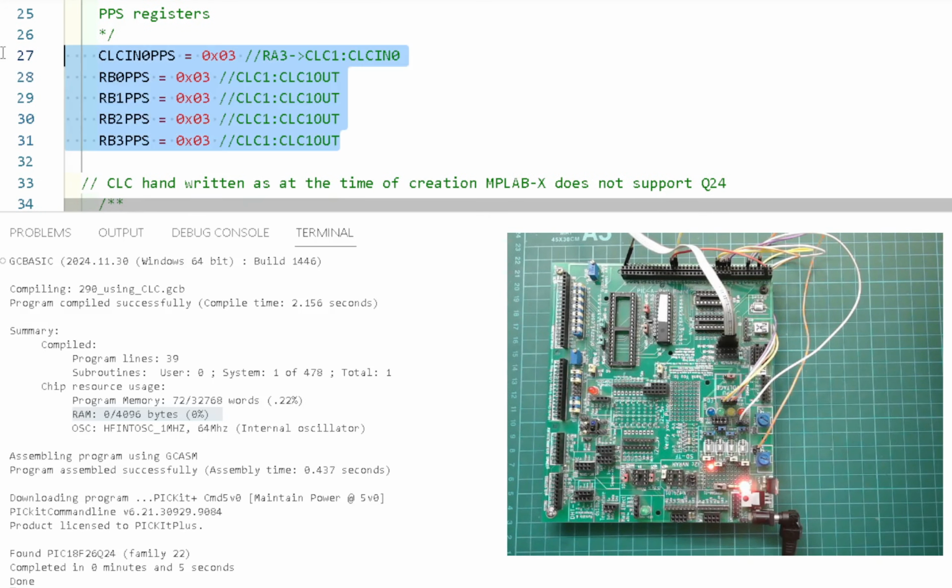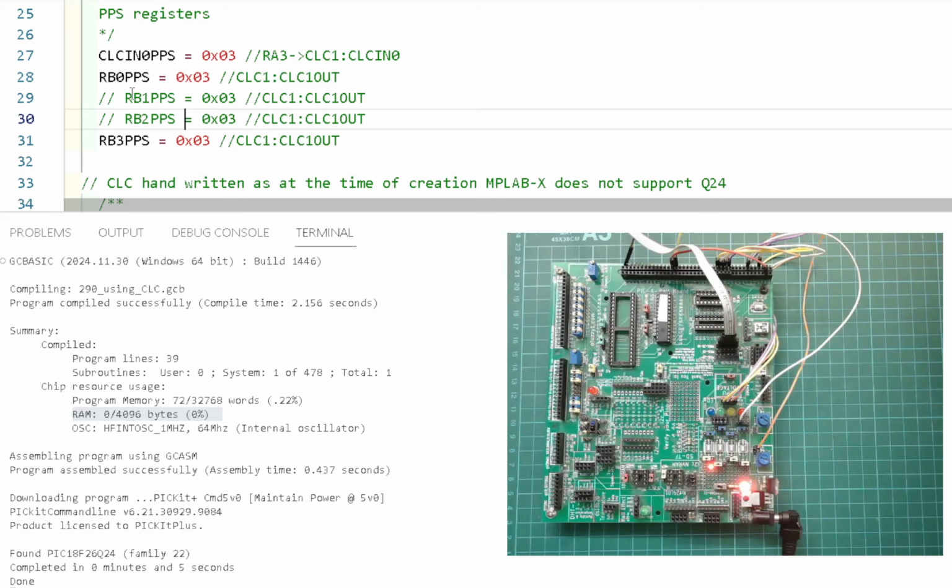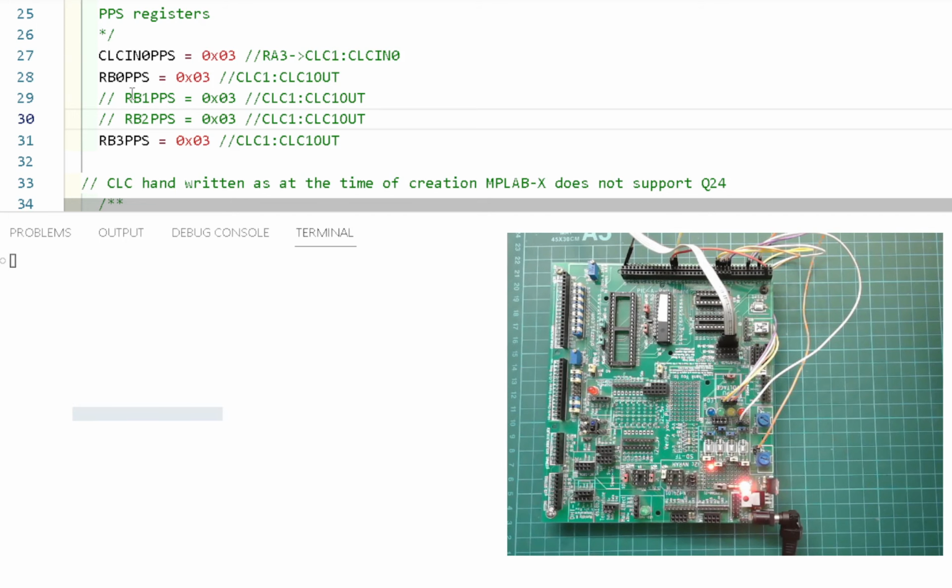The first part is the PPS, and the PPS says I want my CLC channel 0, which is the first one, by the way. I said it was improperly named. CLC1 has a name of 0, and I've said connect that to RA3. And where did this value come from? The data sheet. These values, I've said I want CLC1 to go to my 4 LEDs. I'll just show you what you can do. Look, if I program that,